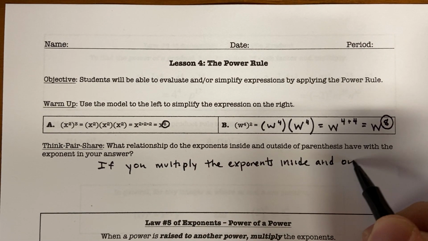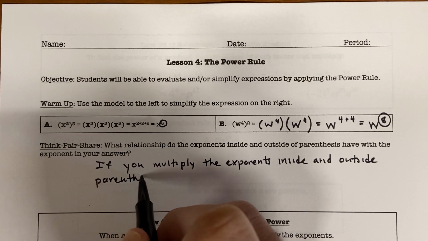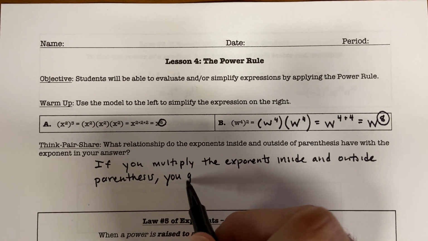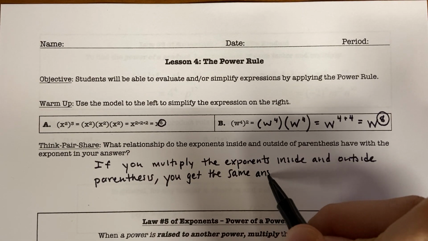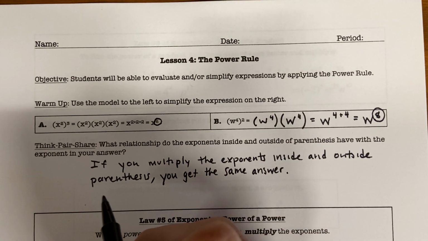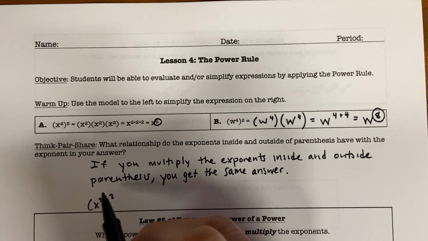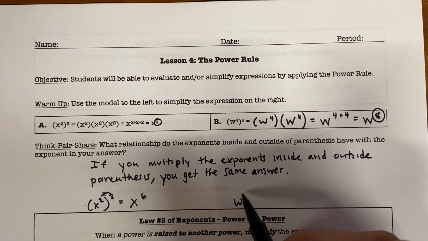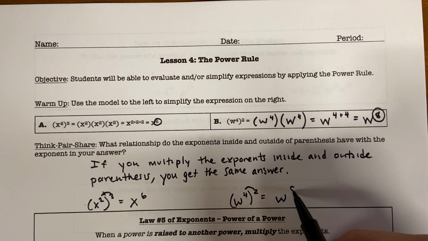inside and outside parentheses, you get the same answer. Right, so for the first one, x squared to the third, well, if I multiply 2 times 3, I would get 6. Or for letter B, if I multiply the 4 and the 2, 4 times 2, would give me 8, same